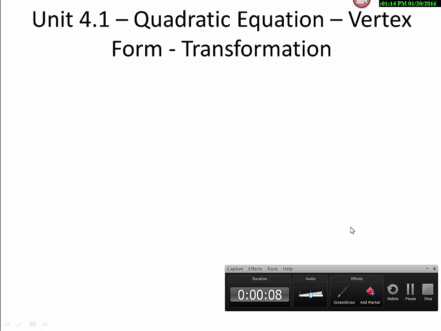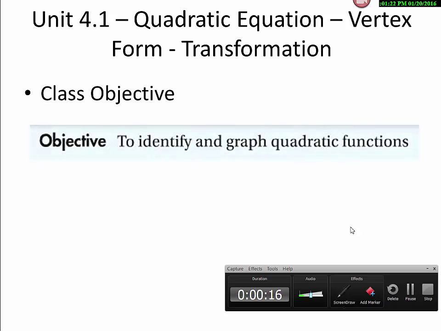Unit 4.1 Quadratic Equation in Vertex Form. In this chapter, we're going to learn the transformation of quadratic equations. So here's our class objective: to identify and graph quadratic functions. It's pretty easy to identify what a quadratic equation is, and the challenge is to sketch the graph of a